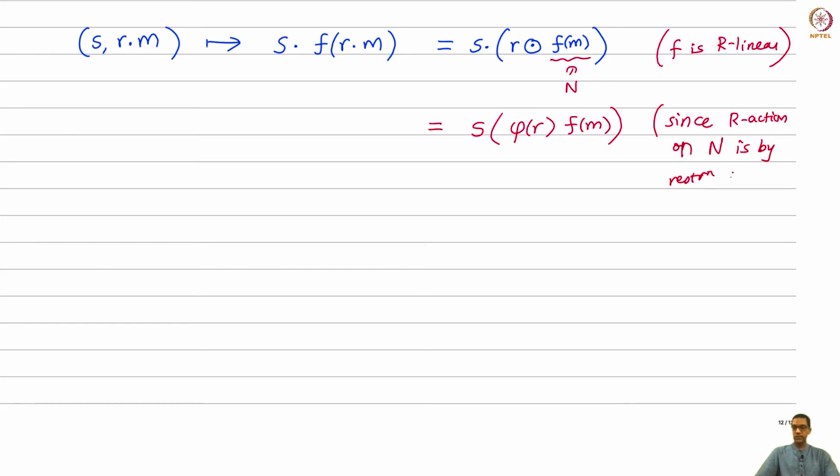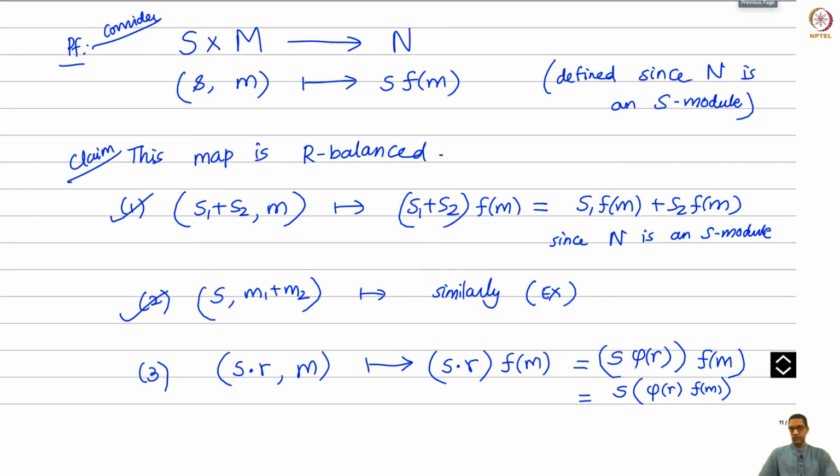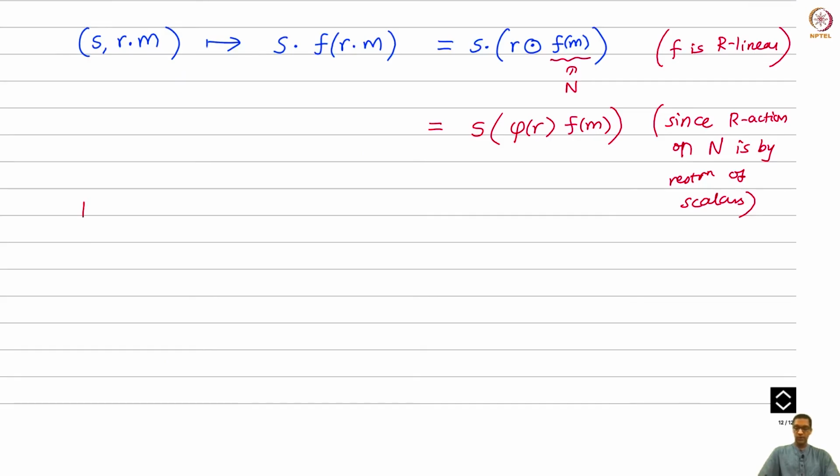It's by restriction of scalars. Okay, and so that's the same answer as what we got earlier. So the third property is also true. So this map is in fact R balanced, and so now by the universal property of tensor product,